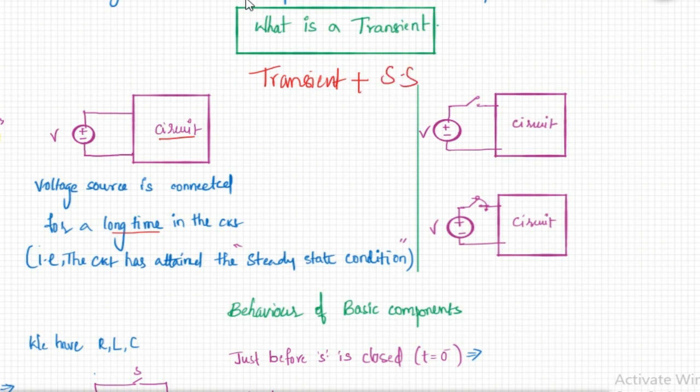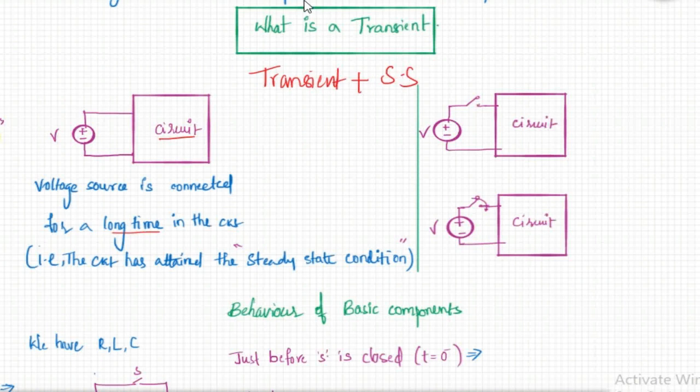Here the response just after switching is the transient period, and after some time the state of the circuit is steady state. So we are going to see transients now. Whenever you turn on a circuit, you will face transients first. After a few seconds, you are going to see steady state. When the circuit has been on for sufficiently long, it will go into steady state, so there will be no change in the output. So we face transients first when a circuit is turned on, then we see the steady state, which will stay for a long time.